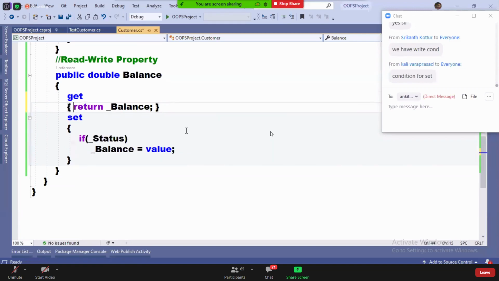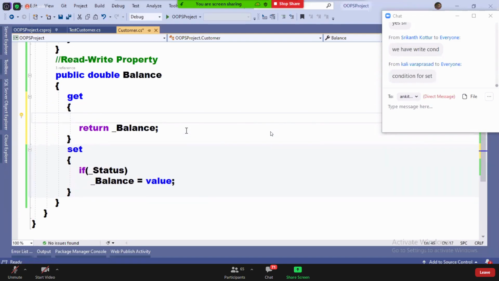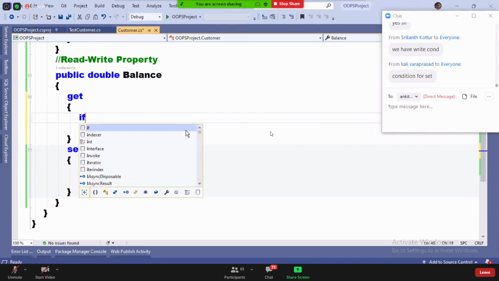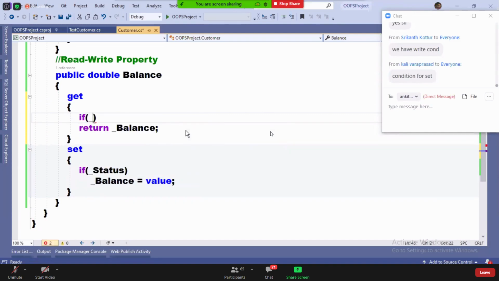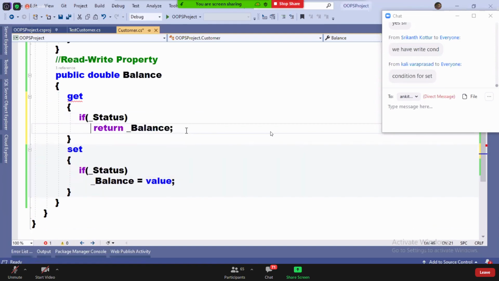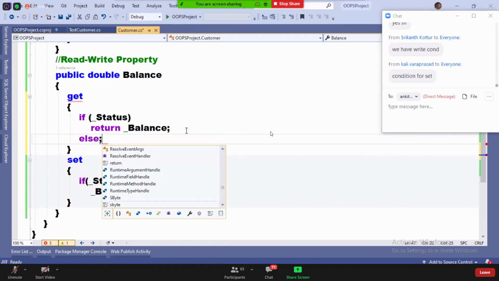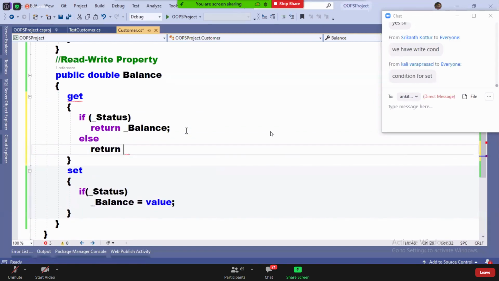So I'm writing a condition in get also, only for balance, not for name. Name I'll show, but balance I'll show zero. So for that I'm writing code: if _status, return _balance, else return zero. Is it clear, guys?